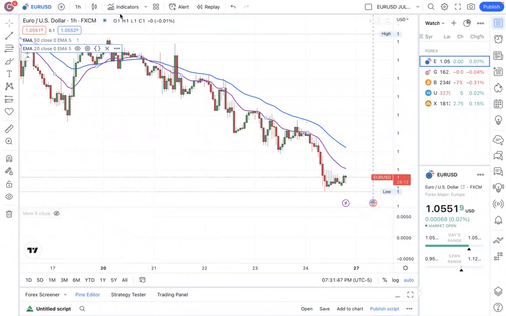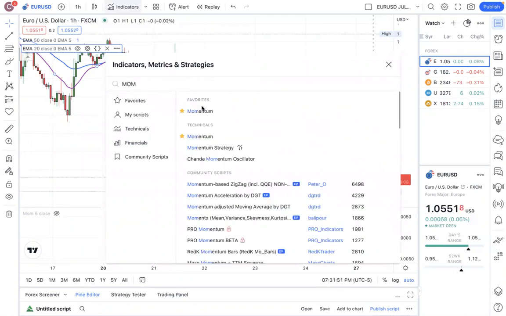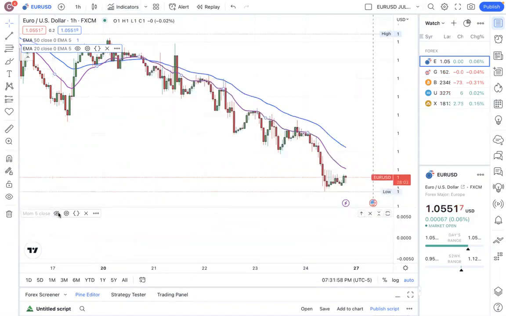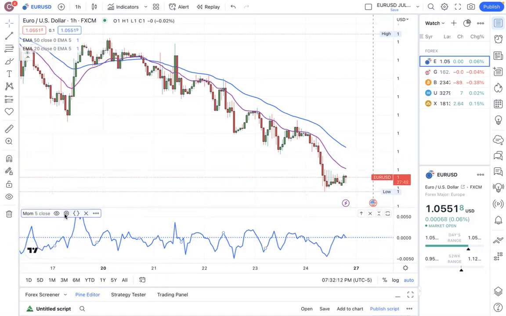So the momentum indicator, again, is literally called momentum. So you just type in MOM and it'll pop up. And then you just click it, add to your chart. Now this indicator is going to appear at the bottom of your chart. And this is going to, of course, tell us the momentum, right? How likely is this market to continue to go in this direction, right? How fast is this going to happen? And then for your settings,